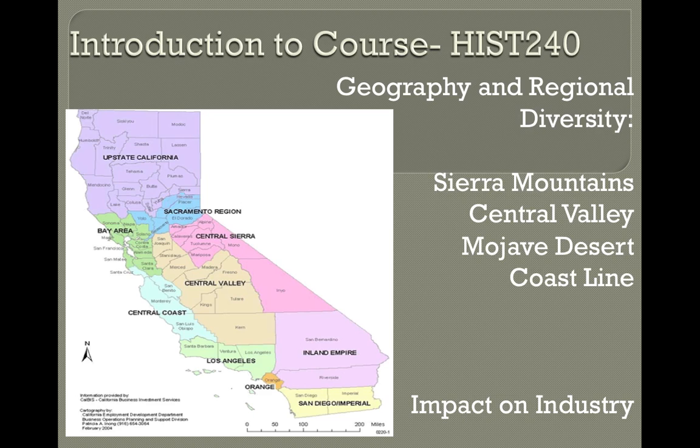Climate, regional diversity, and industry. Historically, California's climate and regional diversity created five major industries that continue to provide employment opportunities and attract, again, countless immigrants from different parts of the United States and around the world. While there are many industries that we can mention, historically, the five major industries are real estate, cinema, tourism, agriculture, aviation, and computer science and technology.